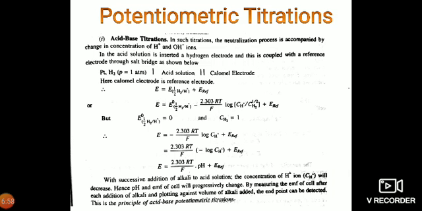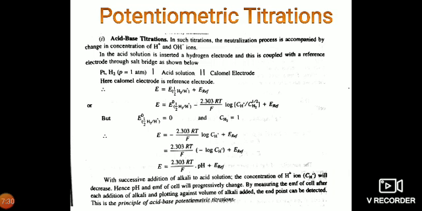Therefore E is equal to E of half H2 | H+ plus E reference. So we can write down the oxidation reaction as half H2 giving rise to H+ plus electron. For that you can write down the EMF of the single electrode potential as E is equal to E0 of half H2 | H+ minus 2.303 RT by F into log of concentration of H+ by concentration of hydrogen raised to power half, plus E reference.